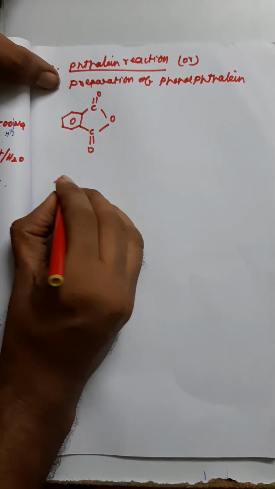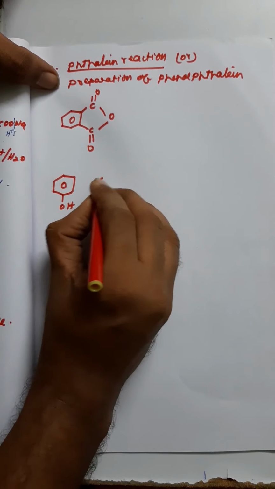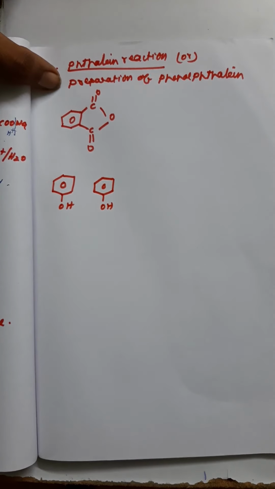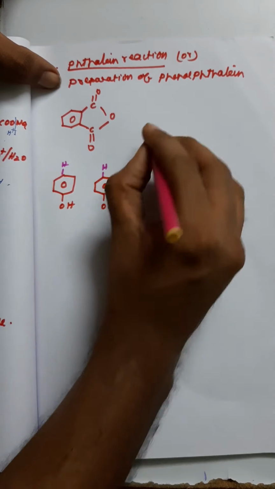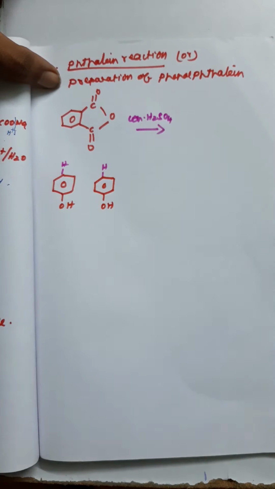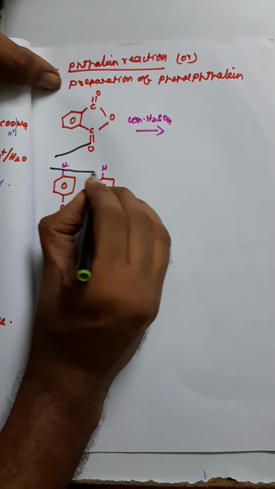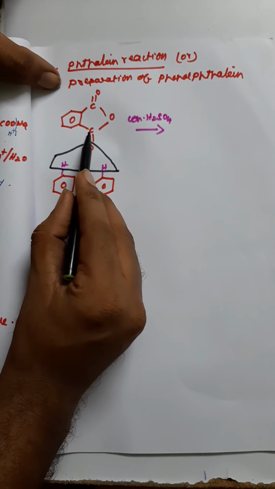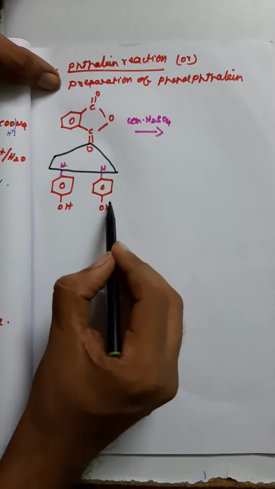When it reacts with phenol, write the phenol in the inverted manner: benzene and OH, and benzene and OH. Mention two hydrogen atoms, one hydrogen here and one hydrogen here. The catalyst is concentrated sulfuric acid. In the books it is given in a very short manner and we can't understand it, so follow this structure and then remove the water from here. The double bond exists between the carbon and oxygen. Now it connects, one with this phenol and another with this phenol.